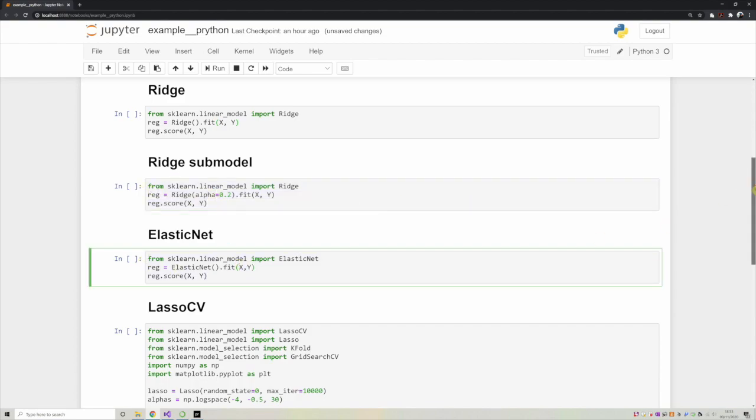The first immediate problem that we have here is that it's not very easy to separate the different parts of this script. The best we can achieve is to insert some markup and add some titles, for example ridge submodel, elasticnet, lasso CV, etc. The second problem is that if I want to create a submodel, for example grabbing either one of the 5 models that I have,